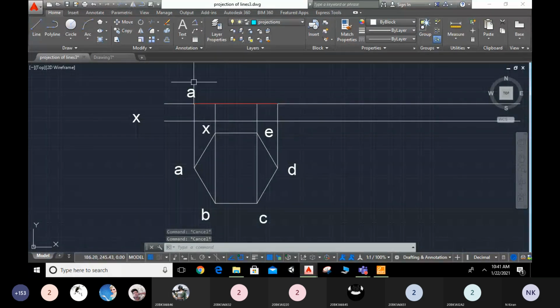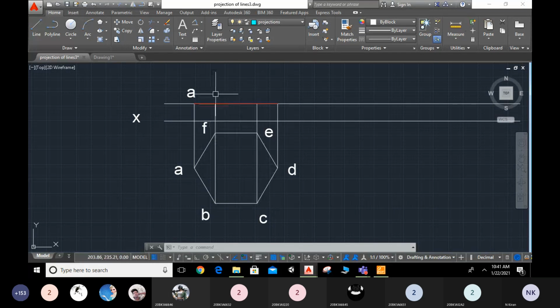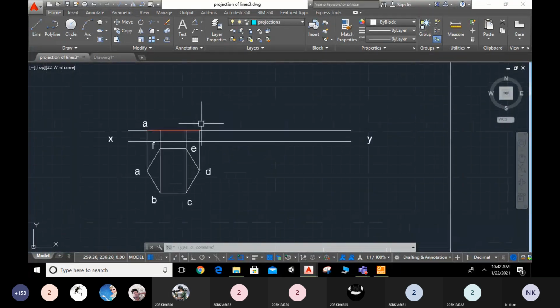Okay, projection of a line. Here you have to draw a dash, and here b dash, here x I have not changed. Okay, f. And b dash, f dash, and which should be in the brackets? F dash should be in the brackets, is it right? Here I can click b dash as well as f dash, and I have to denote f dash in the brackets. Here also c dash, e dash I can denote, and e dash in the brackets. Here you can get d dash. Are you clear with this concept? Okay. Are you clear up to here?